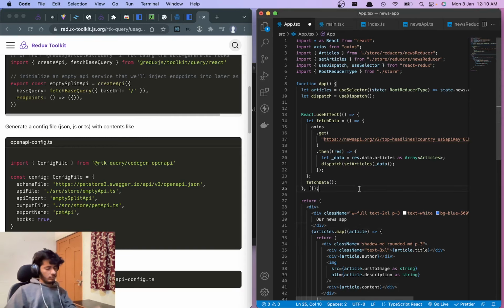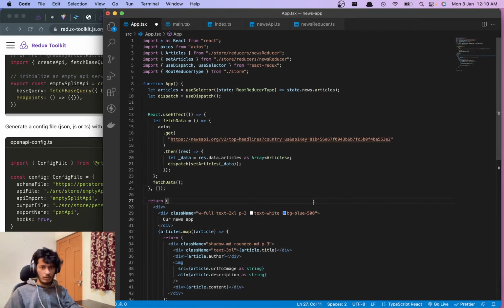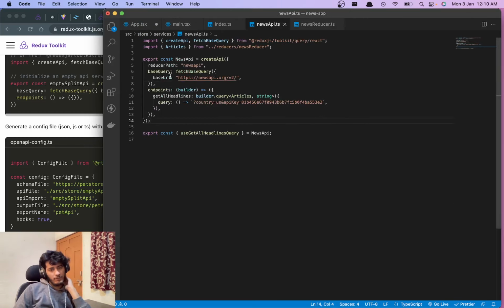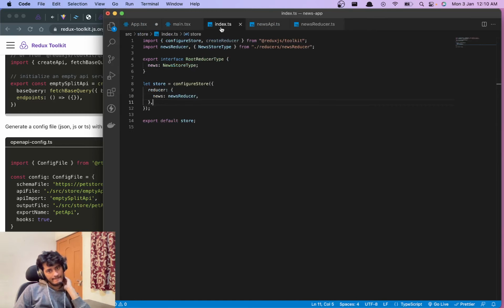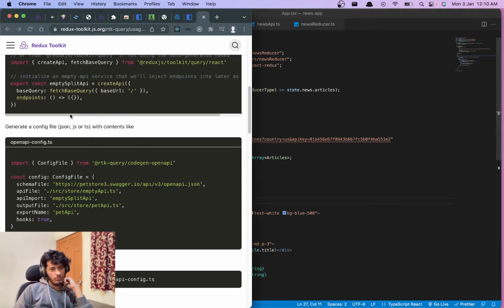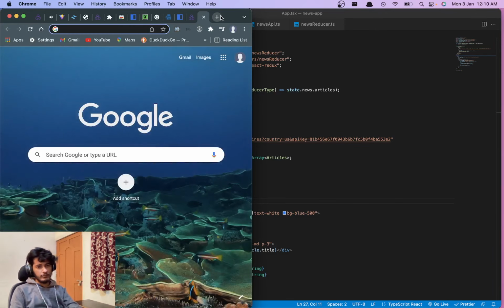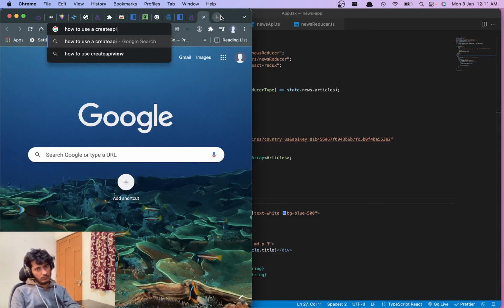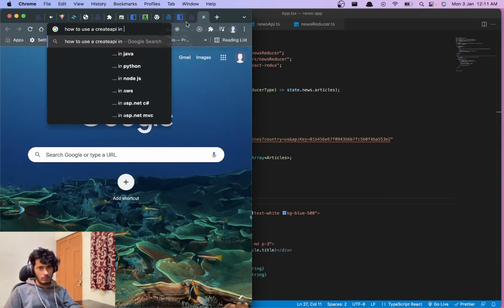Okay. What we can do is maybe, right? We can go to the news. Do we have to provide it as a reducer? That's the question. How to use, that was his name, right?